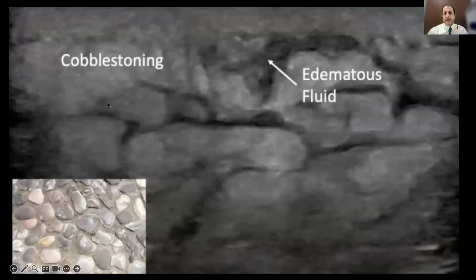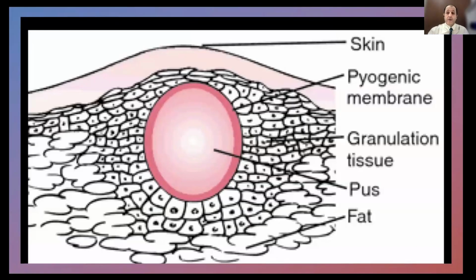And here, the appearance of cobblestoning, typical cobblestoning. You can see here fluid accumulation and fat lobules, and the fluid just separated the fat lobules. It is a typical case of cobblestoning. So, talking about cellulitis, it was detecting skin thickening, detecting the layers, whether we can differentiate all of them or not, and also the cobblestoning and fluid accumulation in subcutaneous layer. So let's go for abscess.